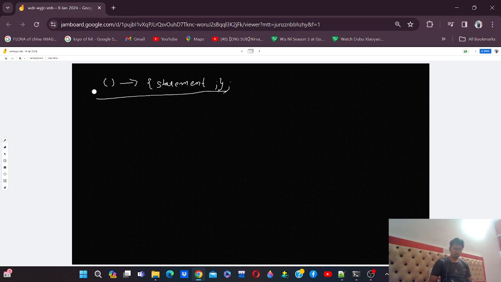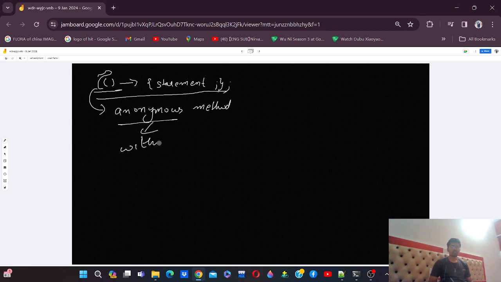Okay, in reality, what is lambda expression? According to the concept, it is a special type of method implementation, which is known as anonymous method. Okay, what is the meaning of anonymous? Means without name,